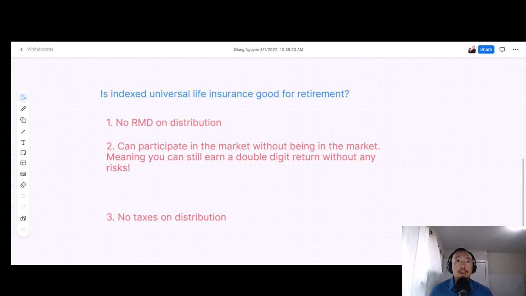So for instance, if you want to take out $100,000 from a 401k and end up with $100,000, you would have to take out $130,000, depending on your tax bracket, of course, to end up with $100,000 in your hand. Ultimately, the more you take from your retirement account, the less it will last. So keep in mind that if you don't have to take out extra money to account for required taxes, your money will actually last longer. And in retirement, everyone fears outliving their money. So don't let this happen to you and your loved ones, and save your money in a tax-free account.